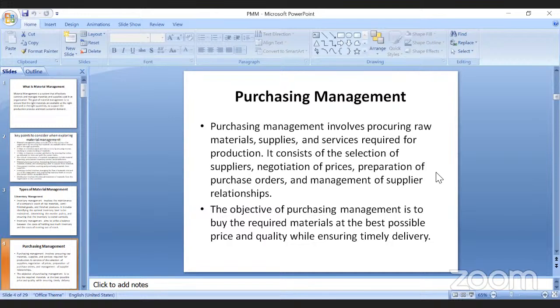Yes or no? So many things. When you are purchasing something, first of all, you have to see your budget, your pocket. Yes or no? So many things. But according to the production system of a factory, first of all, we have to keep the relationship. So many suppliers, you have to choose among them. And also negotiation of prices.